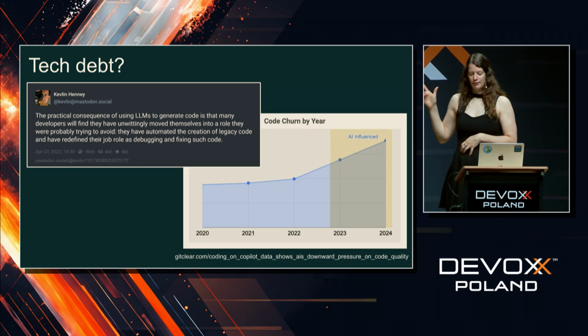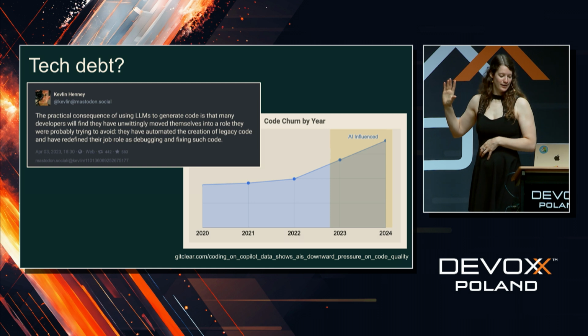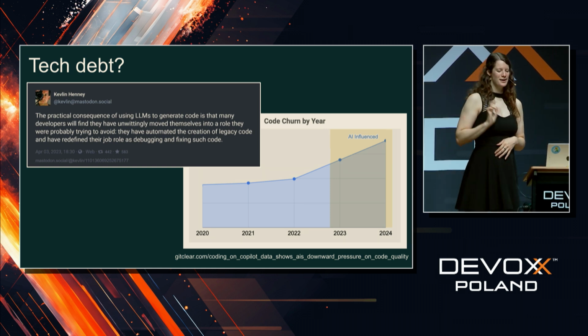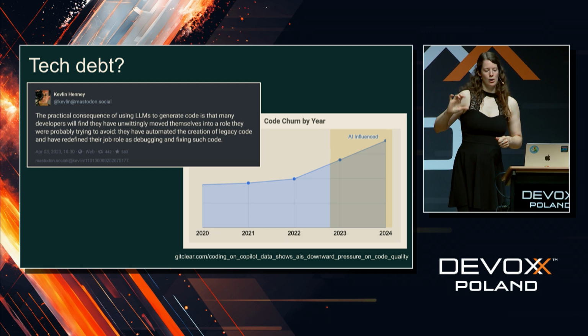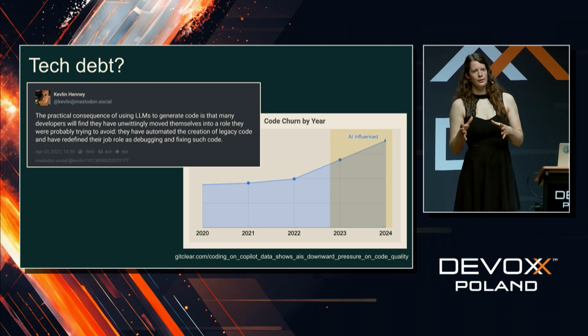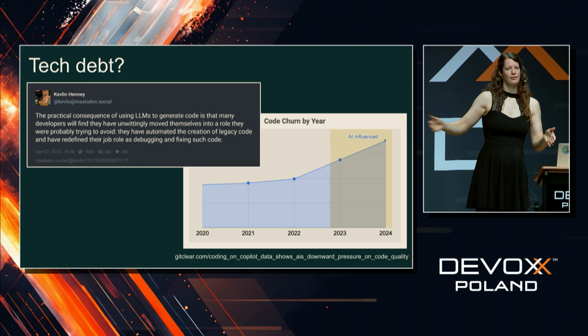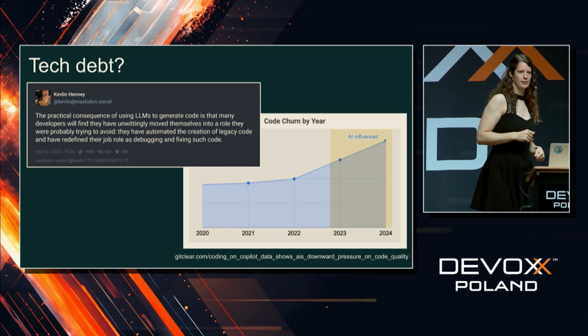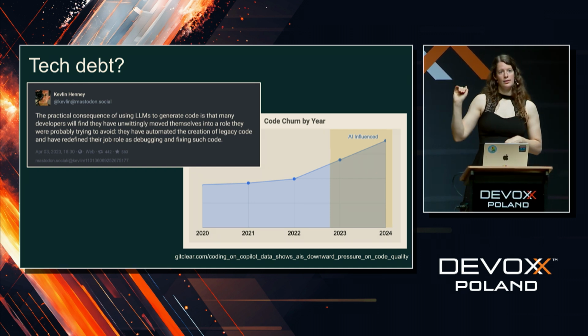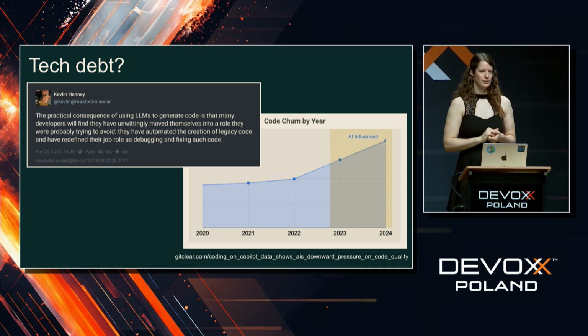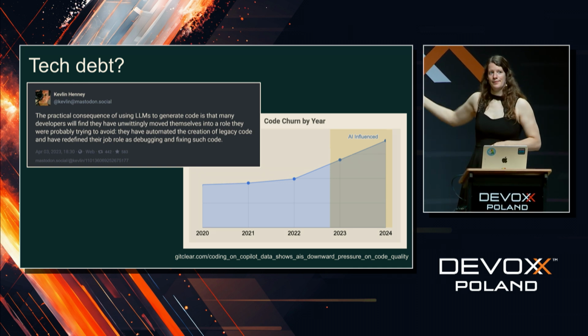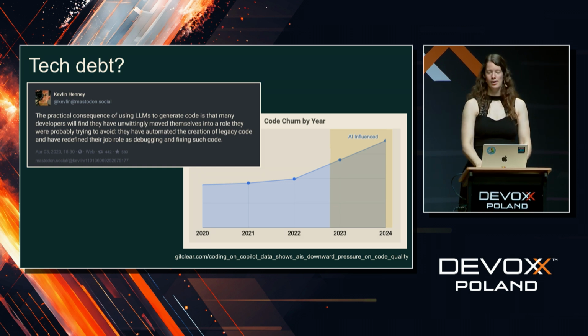And then another graph, but it went only to half of 2022, so I'm really curious if they would rerun this experiment. This is the code churn. That's a measure to say how often your code has been changed in a certain time frame after it was written. So it's bad, because if you wrote code and within 3 months you've already changed it 5 times, it was probably not great code in the first place. And they saw a slight trend of this going upwards from 2022 on. And then the question is, again, it should be verified if it's really doing this now, if AI makes the code churn higher, because it's in the end costly to have to go back and change your code.